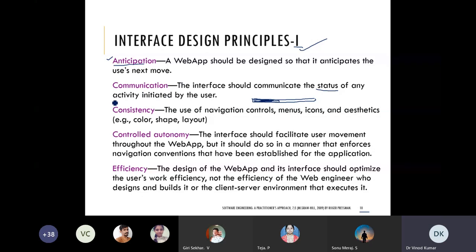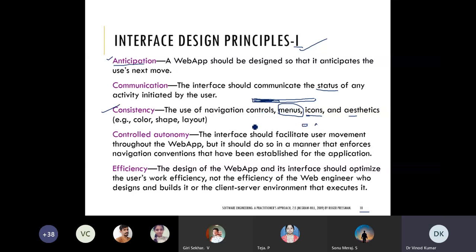Next is consistency. Consistency means the use of navigation controls, the different variety of icons and menus, checkboxes, and radio buttons. Sometimes a selection is written as "I accept" or "I agree", and then you can go ahead.